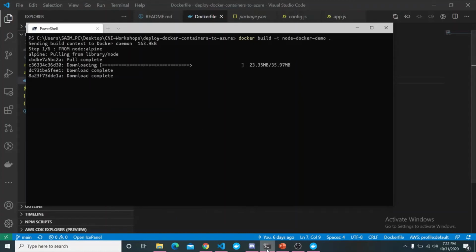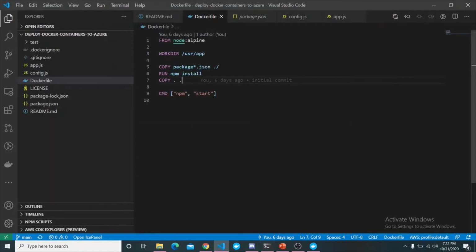Also, there is an optimization I have in here. Let's say I remove this kind of line. What ends up happening is it first picks the node Alpine image, which is used from cache. Next, the working directory is the same. Then subsequently,